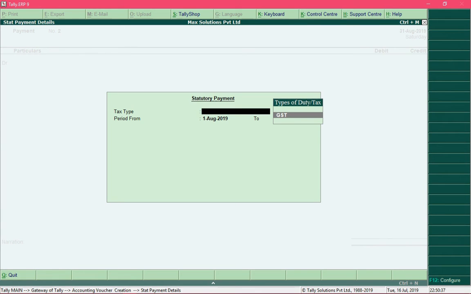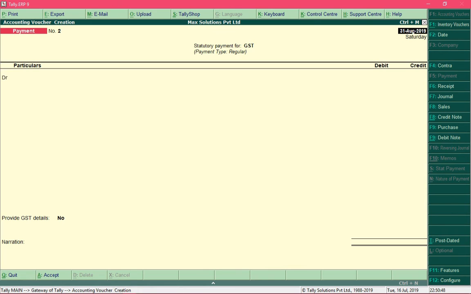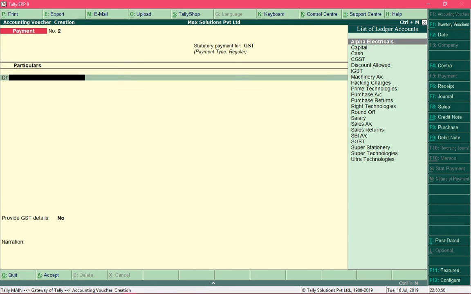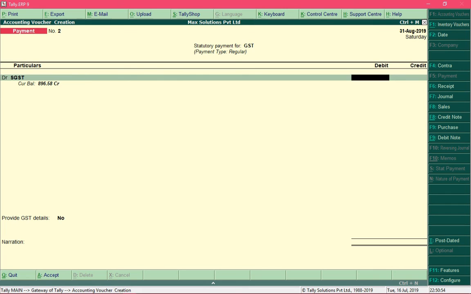You are making payment for GST for the month of August, and in the field payment type, select the option as regular and debit the SGST ledger for 896 rupees 58 paise.